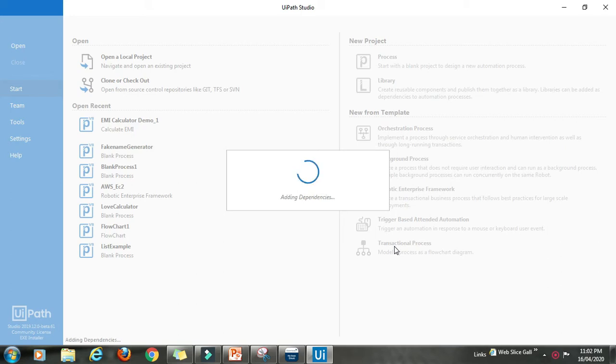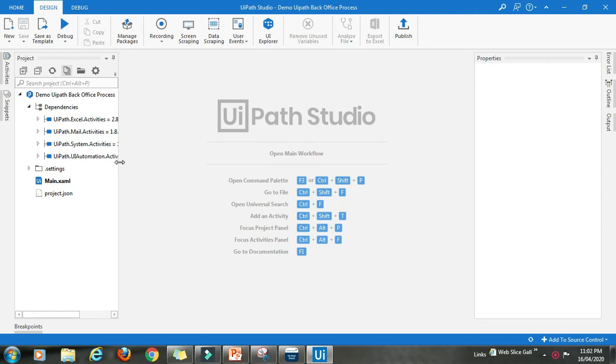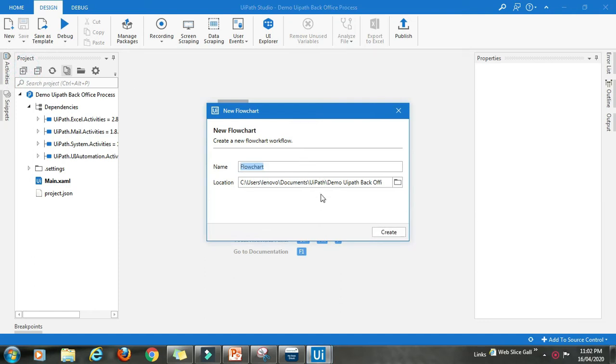Once we click on create, it adds all the dependencies, creates the workspace, and here we are, wherein we have our own project opened. And now we need to start with either a flowchart or a sequence. So as you saw in my previous solution, I took a flowchart. It's better to have flowchart for the processes wherein we have some activities to be done, some decision makings to be done. I'll name this flowchart again,